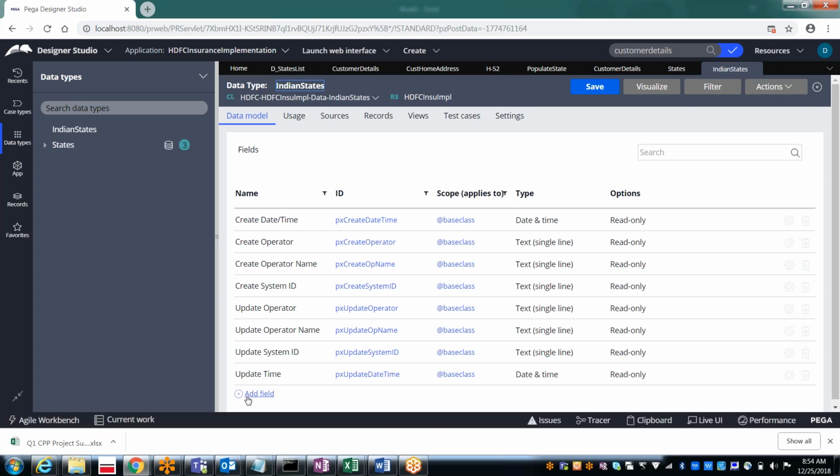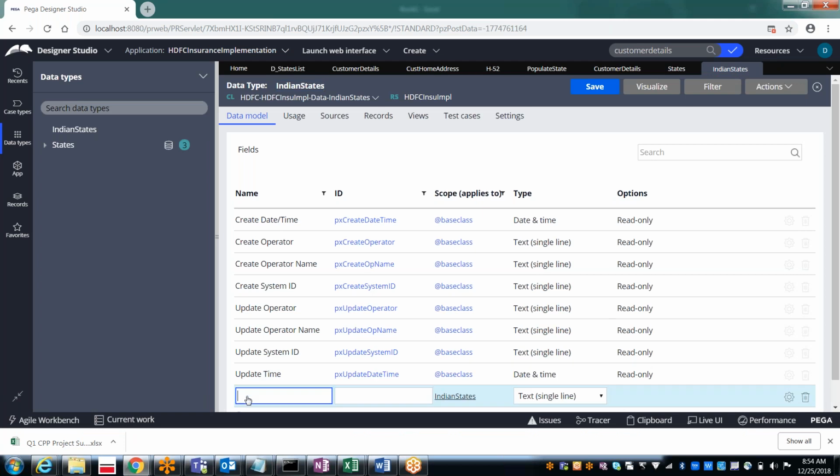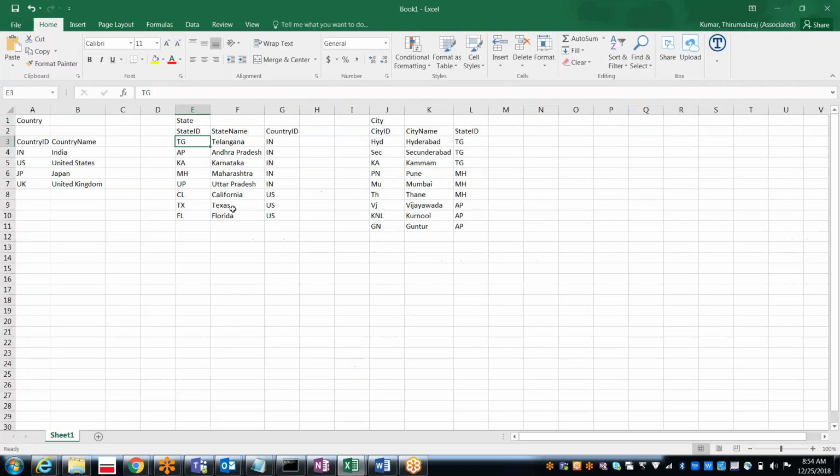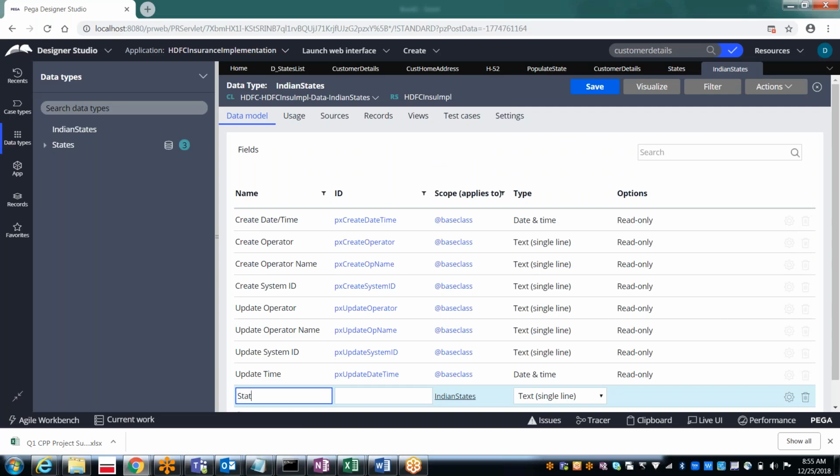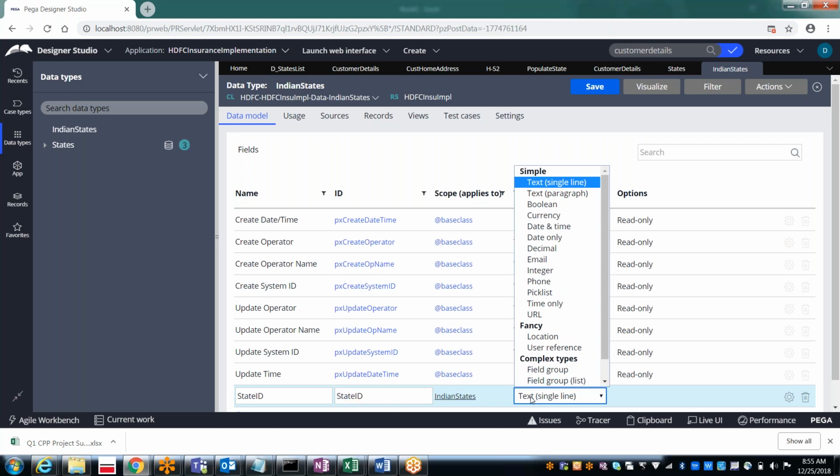After that you can add the fields. So what exactly do we need to have? The states table we are creating: state ID, state name. So the data type should be what this time? Integer, right?